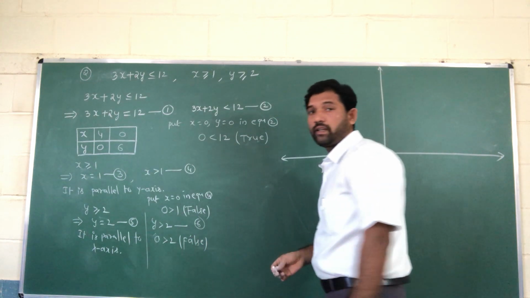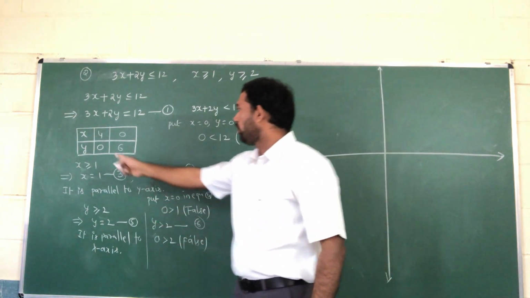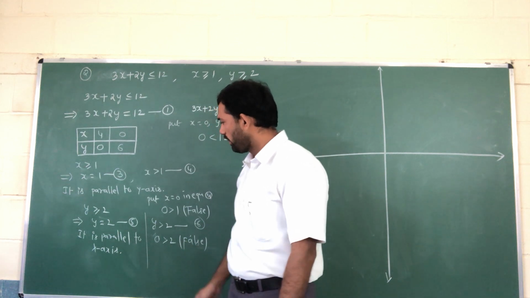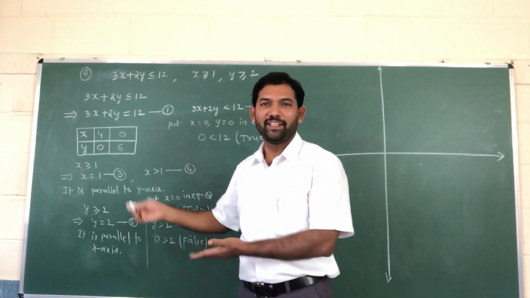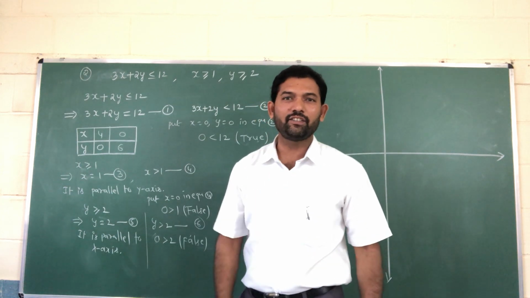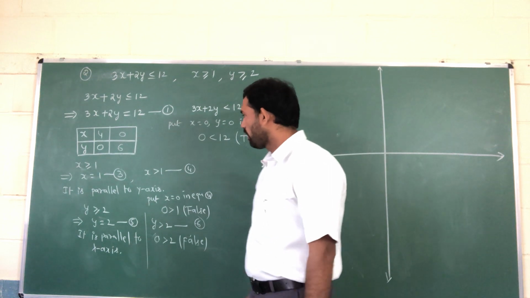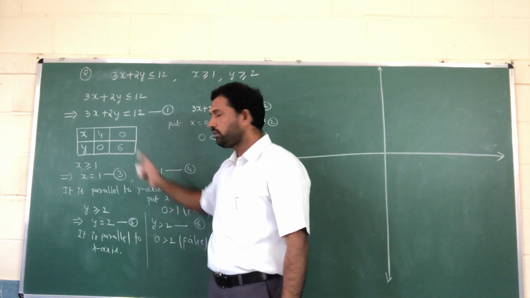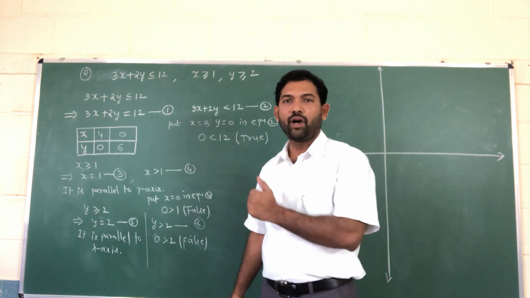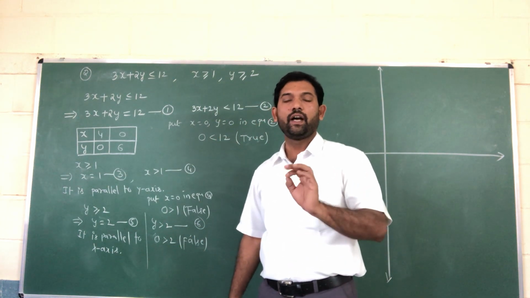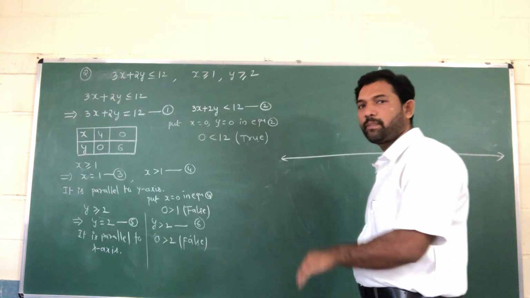Before starting the graph, you should write all the x values and y values. So x value here 4 is there. Here x value 1 is there. So among all these values, on the x axis you take only 4, which is the maximum. Next, y values. Here y value 6 is there, and here y is equal to 2 is there. So among all these values you take the y maximum, 6. So numbers you represent on a number line.